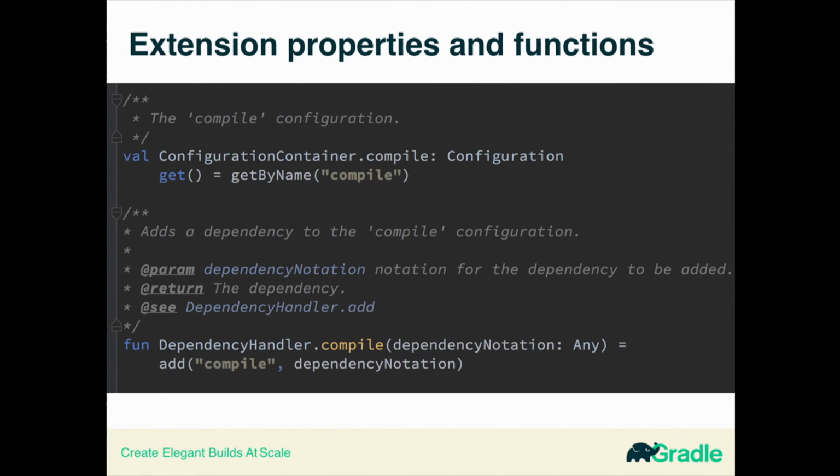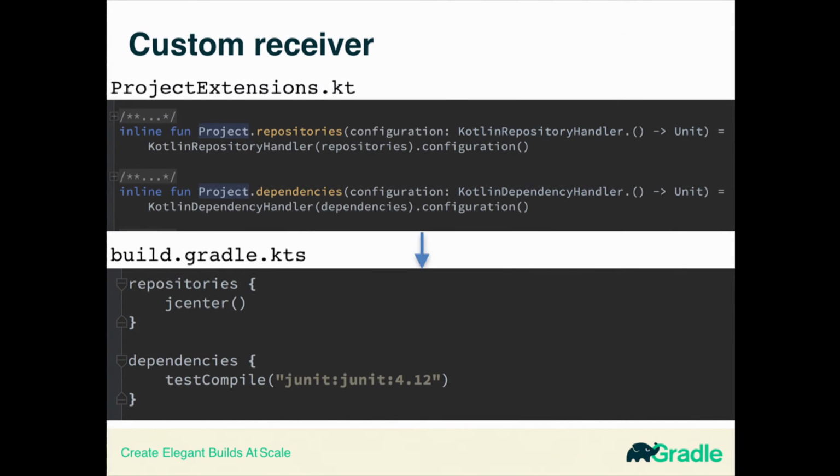So one thing is this business of extension properties, and you saw a couple of those so far. Here's, again, the dependency configurations. That bottom declaration is an extension function for the compile dependency configuration. And we use these extension functions, extension properties, altogether, we call them extension members, for convenient access to common dependency configurations in this case, and to make sure that IDEA can suggest available dependency configurations in auto-completion contexts. It's very handy. And so we use this, like I think Dimitri said, if you look at the code base, you'll see a lot of extension functions. That's not most, but quite a bit of what the code base actually is